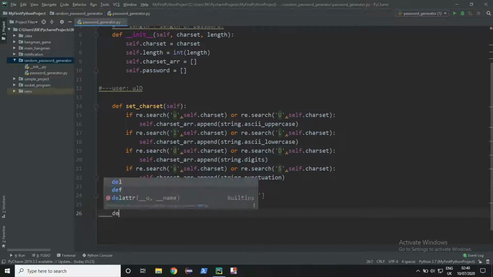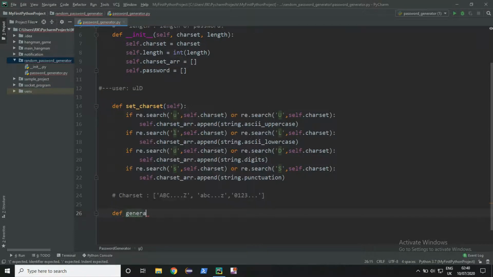For that I am going to make a function generate password. Now first we will check if the user has chosen any character or not, that is, the charset length is 0 or more than that.